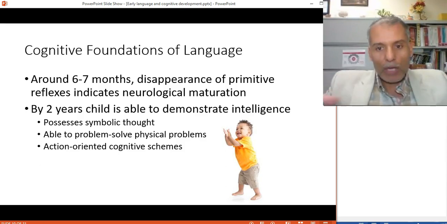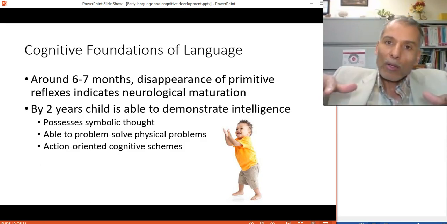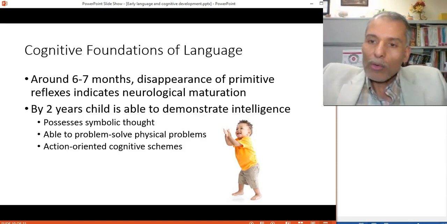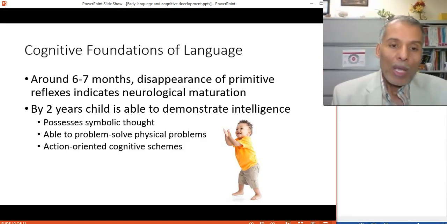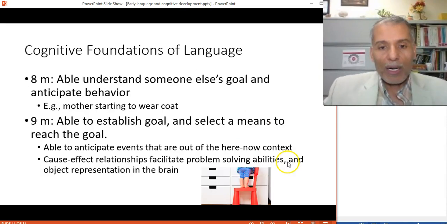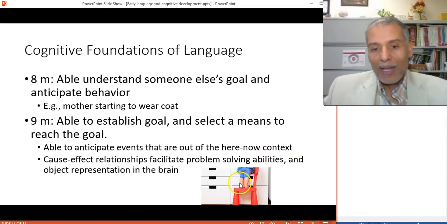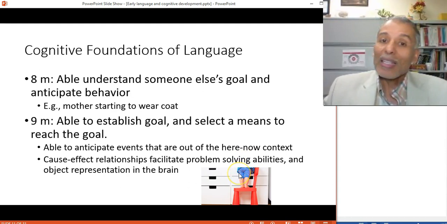If there's a chair or something in front of them, they are going to either go beneath it or go around it. That is all problem solving, physical problem solving. When the child grows bigger, the child could bring a chair, drag it, put it there, and climb up to reach something. That is problem solving.